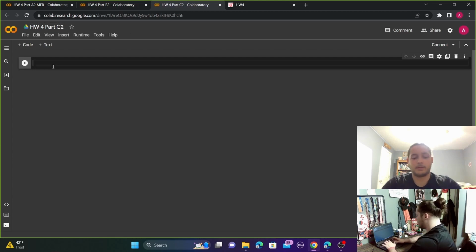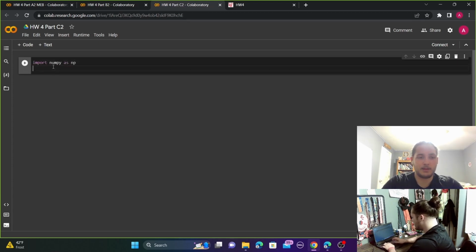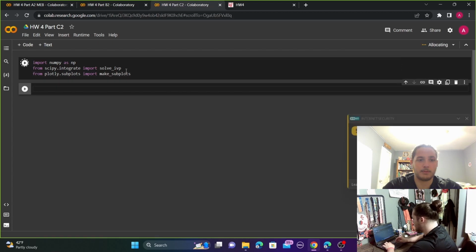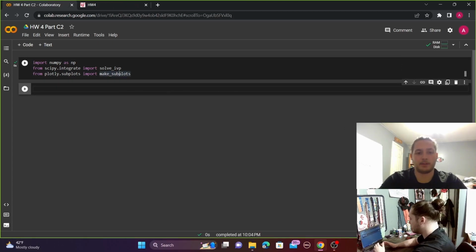And as we did in all of the other codings, we are going to import numpy as np, and we are going to go from scipy.integrate import solve_ivp, from plotly.subplots import make_subplots. So once we have our libraries imported,